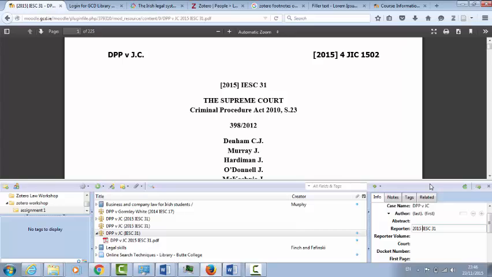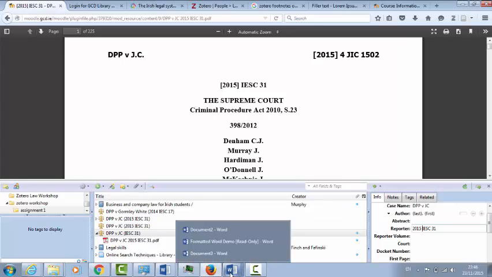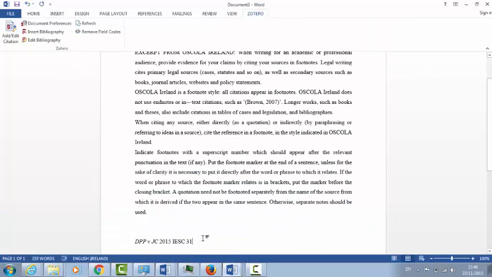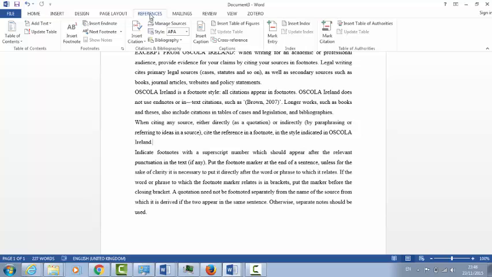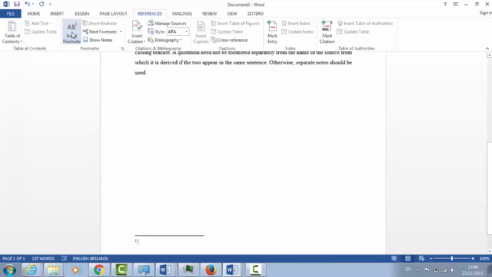Okay, the other thing I'm just going to show you here quickly while I'm at it is if I go into my Word here, get rid of that for the moment. Okay, so just going back to what we did in Word before. I did this with you before. We did references, and we did insert footnotes. So I'm going to do that there, and it's dropped down there. Now what a lot of people do is you just copy and paste in something you had already. You might type it in manually. But if you have your Zotero plugin,